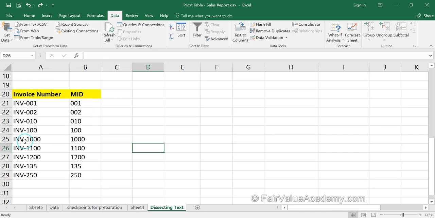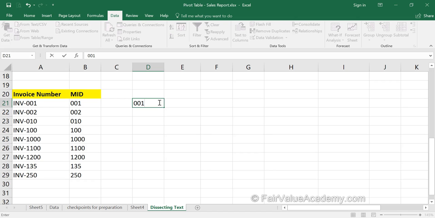However, our task is not yet complete. If you see, these numbers appear to be numbers but actually are still being considered as text by Excel. There is a glaring indicator that these numbers are written as 001, 002 and 010. Let's write 001 here, and I hit enter. Excel automatically deletes the preceding zeros and treats it as number 1. Whereas it is not the case in these cells.